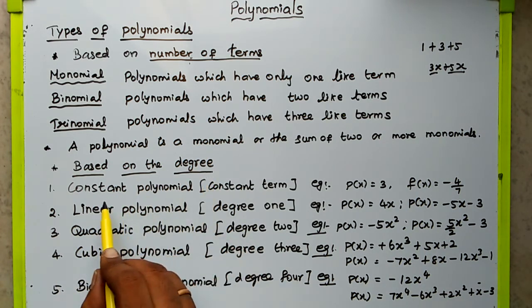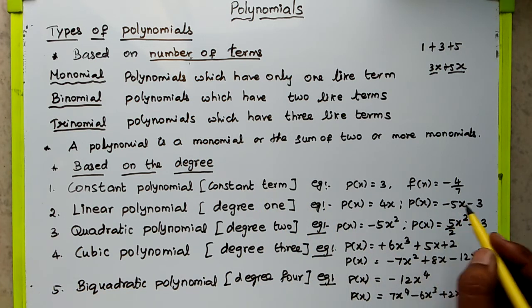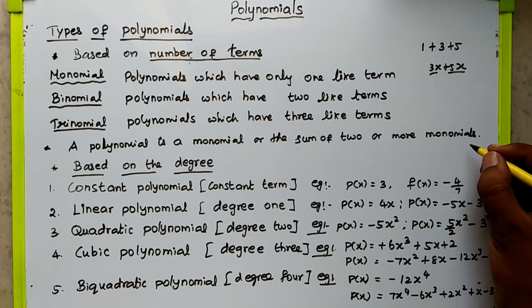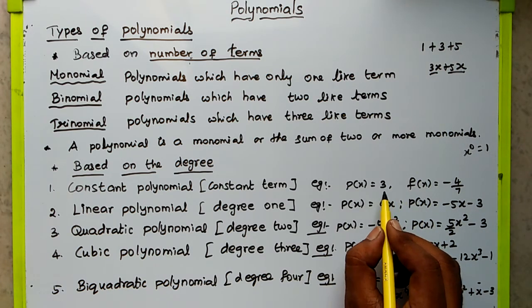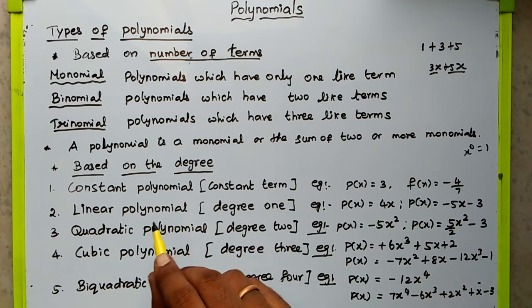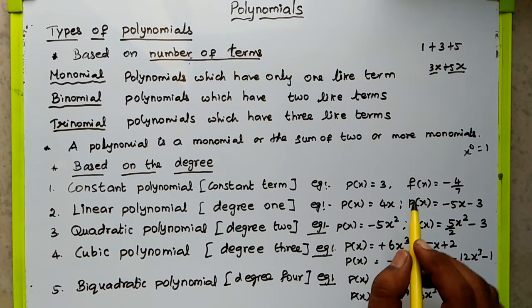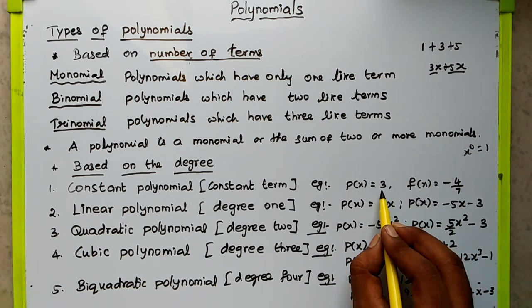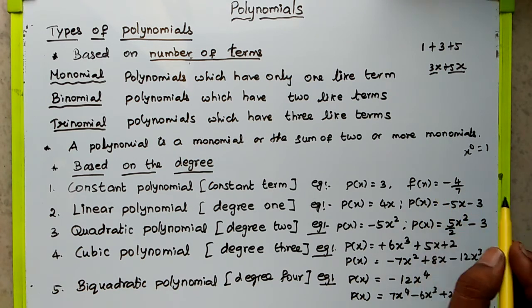And based on degree, constant polynomial, the value is only a constant. In case degree is 0, so we can write x power 0 is 1. So here constant 3, we can write 3x power 0. So that's a constant polynomial. Next, linear polynomial, degree is 1, and quadratic polynomial 2 degree, and cubic polynomial the highest degree is 3, and biquadratic polynomial highest degree is 4. Here constant polynomial is 3, any number, any negative number or positive number, but in case if you are getting 0,